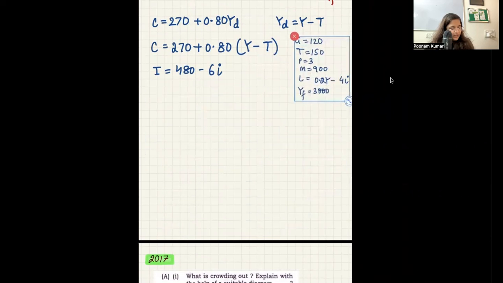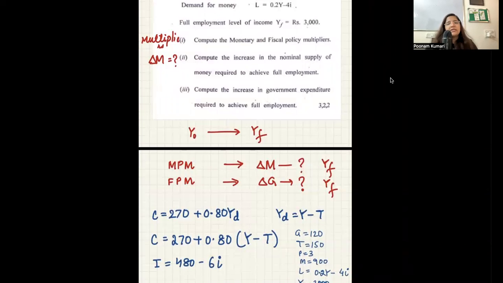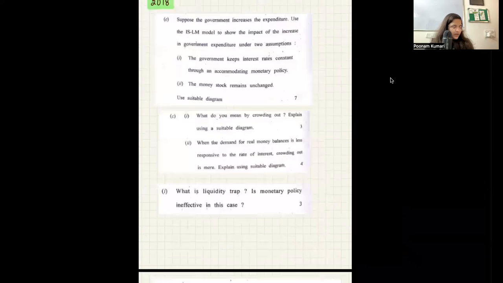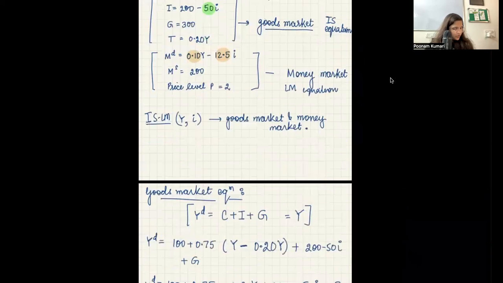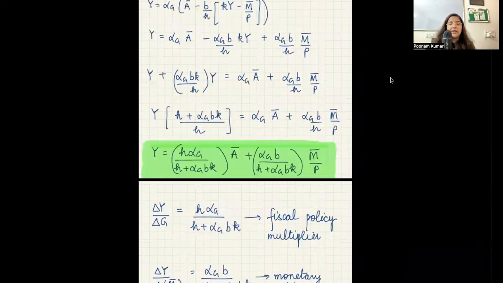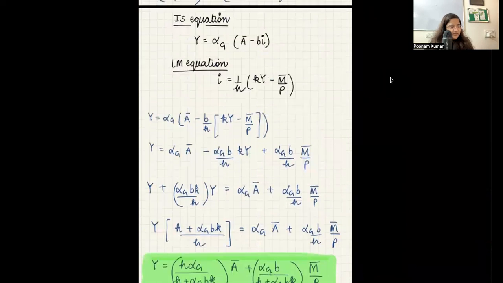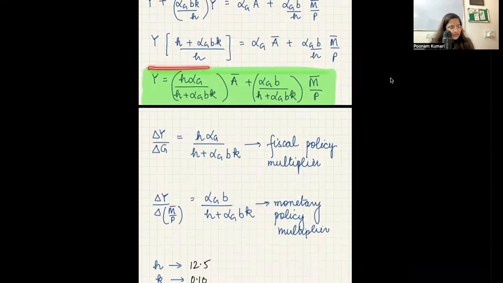And we have to make use of these to find out first what the monetary and fiscal policy multipliers are. Okay. So referring to the question that we did last time, in case you guys remember, we found what our monetary policy multipliers are. So we derived this entire thing, and then we said okay, if this is the general IS equation, this is the general LM equation. So we had this as our equilibrium level of income equation.